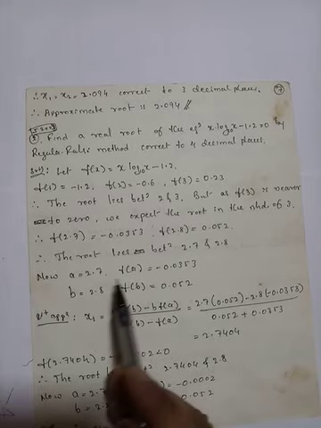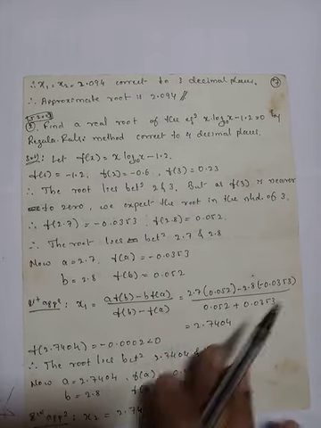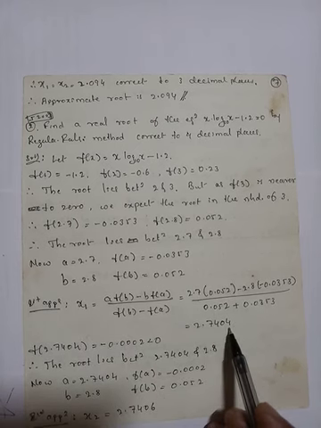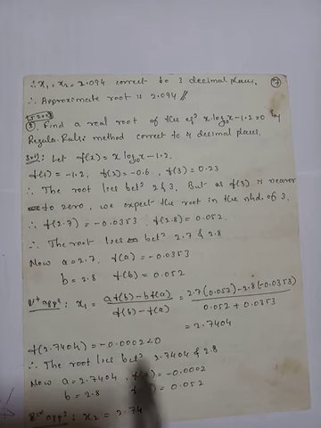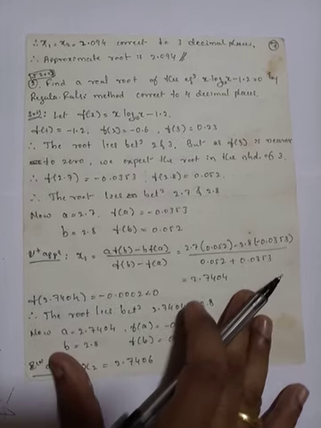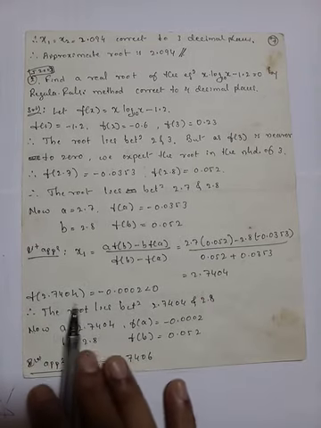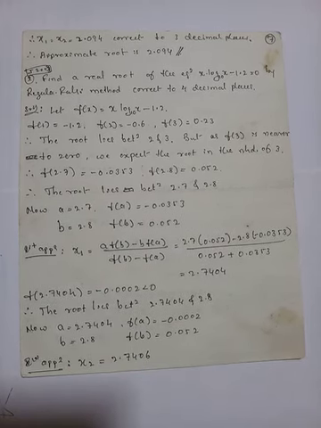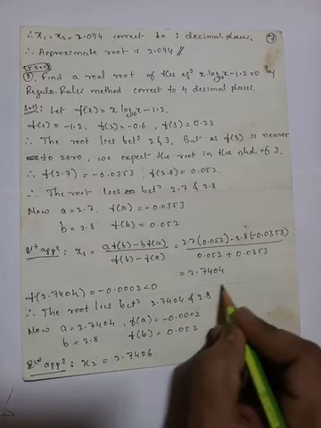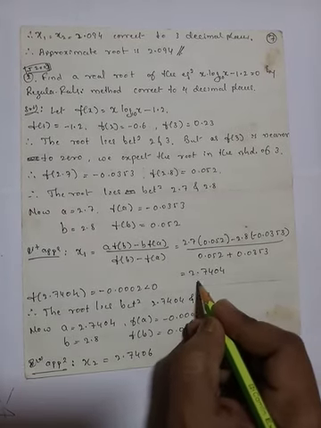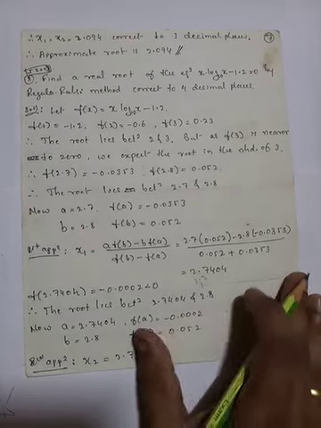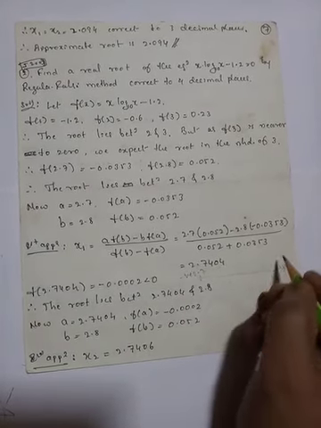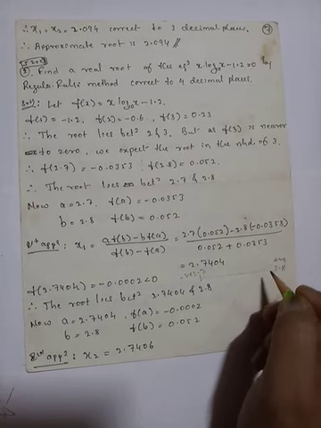Now taking a, b, f of a and f of b, our first approximation is x1. Applying the formula, we got 2.7404, which lies between 2.7 and 2.8. Similarly, as I explained in the previous problem, you check the value of the function at this new value of x, we got negative. So I suggest you better draw the line. If you draw the line, it will be very clear. That is 2.7 and 2.8. This is our interval. At 2.7 we have a negative, at 2.8 we have a positive,